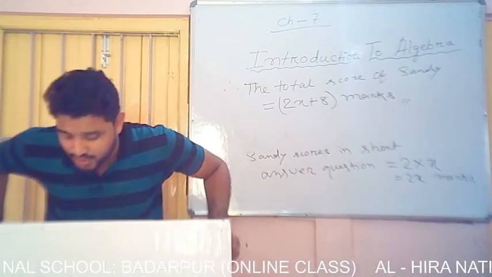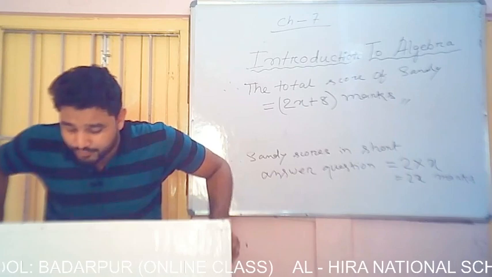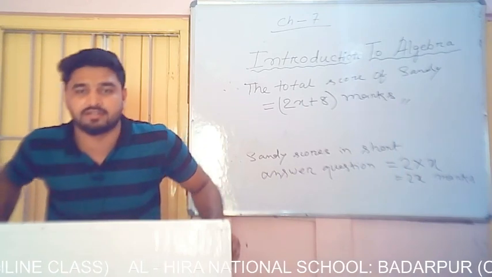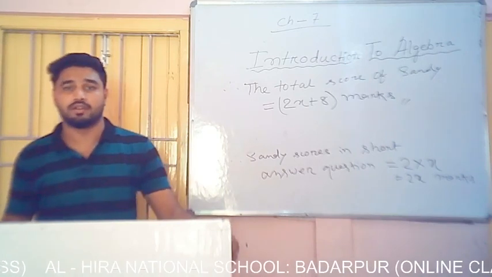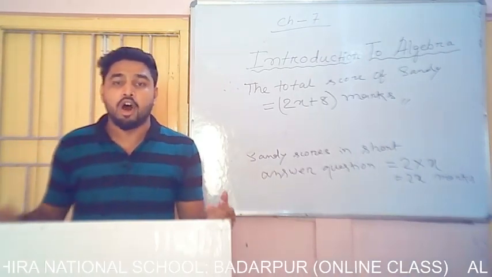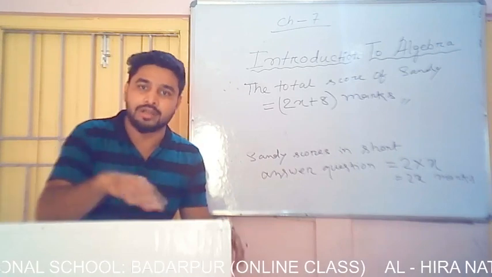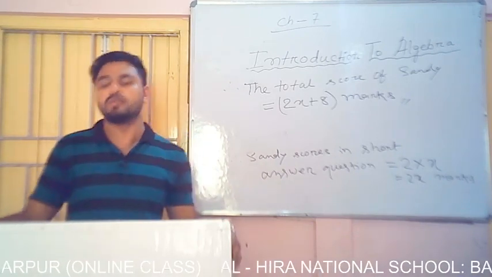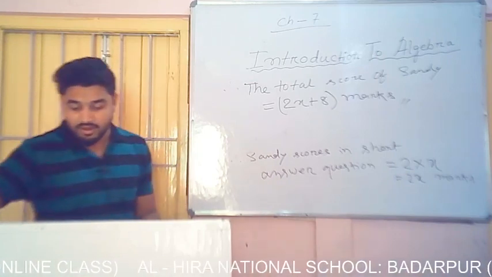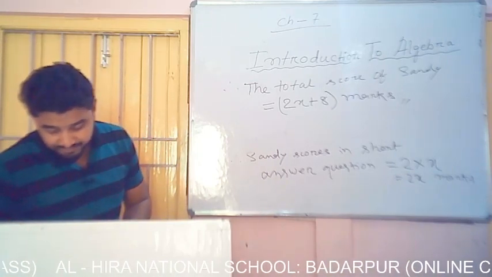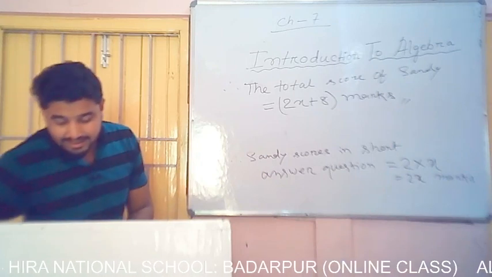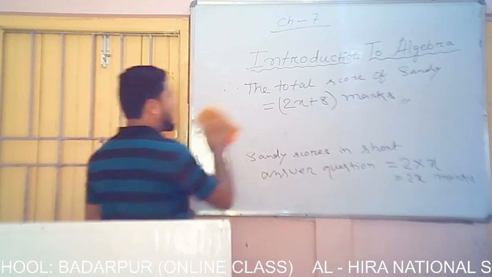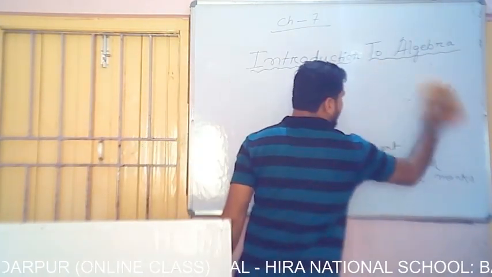Write an algebraic expression to show the number of watches he would be left with after T weeks. That means after T weeks, how many watches will be left with him? We have to find that, and we have to write an expression. Now you see, given a man has 350 watches, right? Question number 10, high order thinking skills.